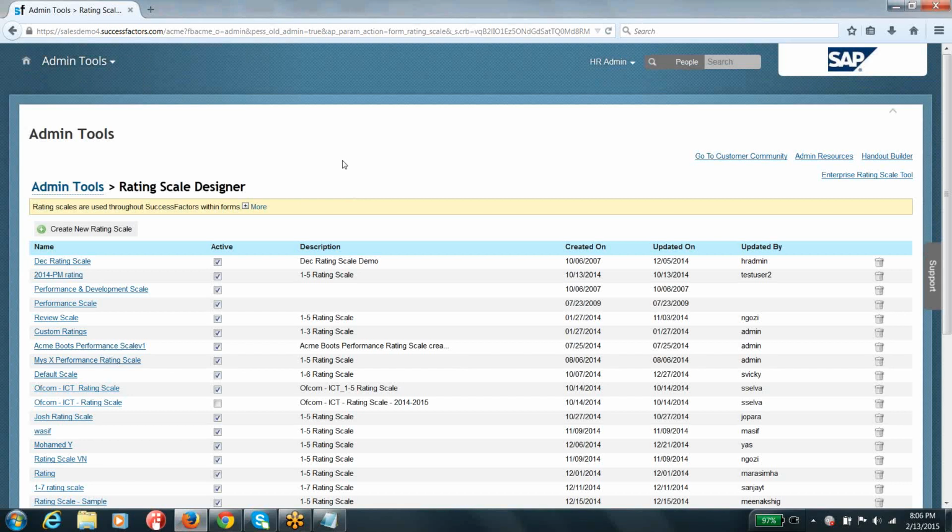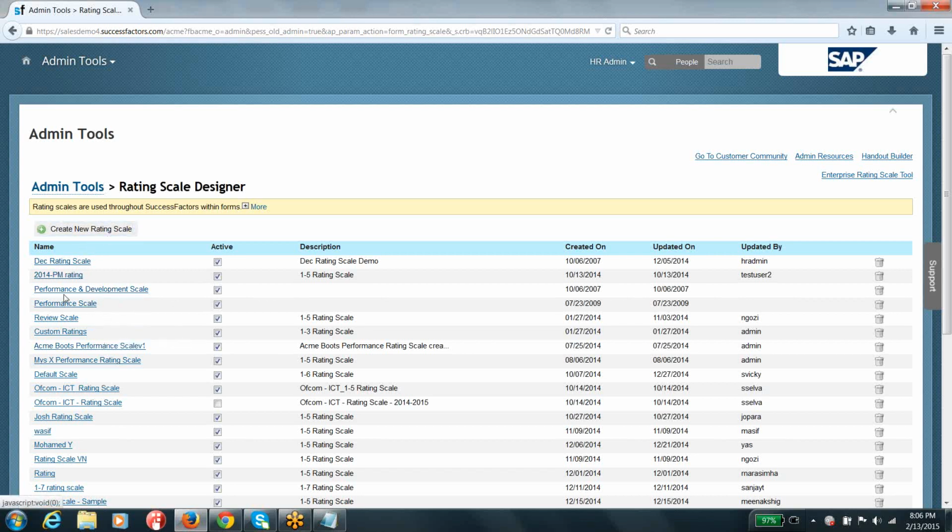Here you can see all the existing rating scales in your organization, the things that have been created so far. It is up to you whether you want to modify an existing rating scale or create a new one, you can go ahead and do that.